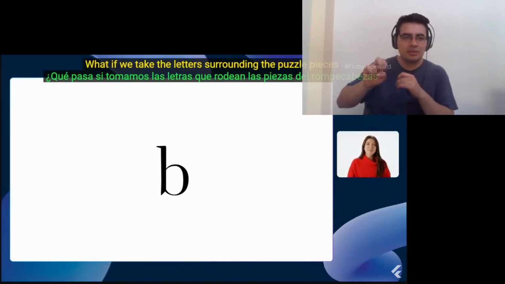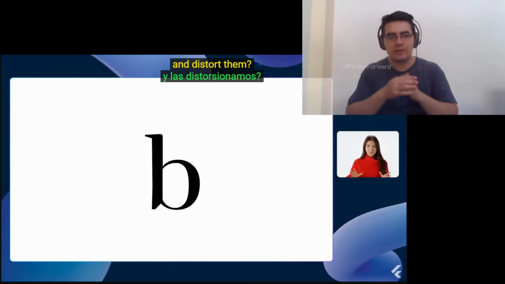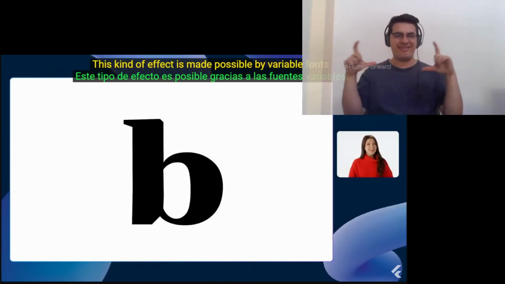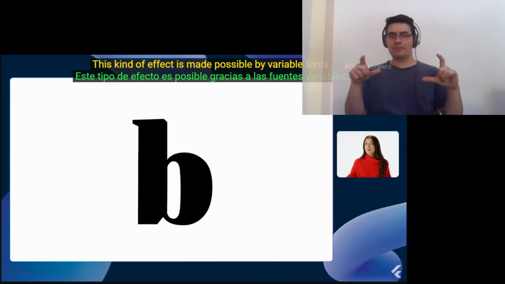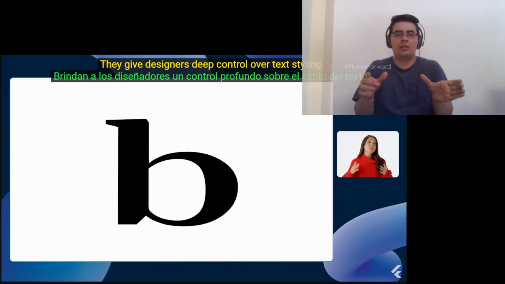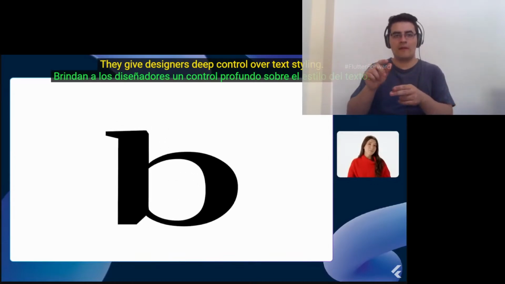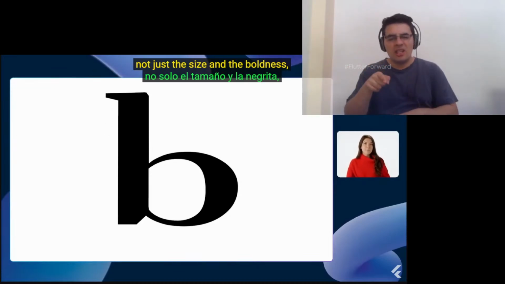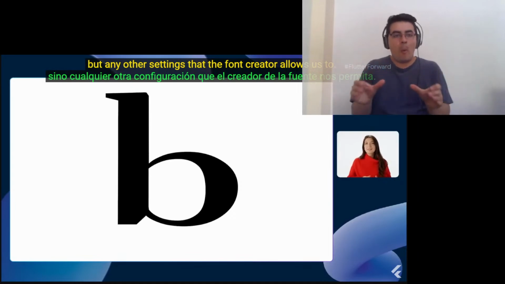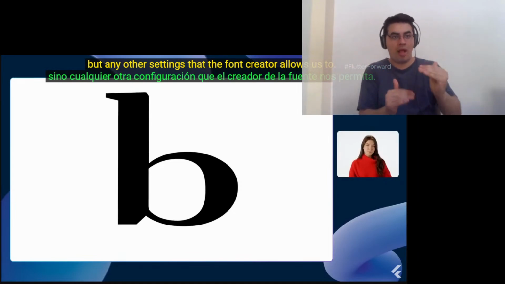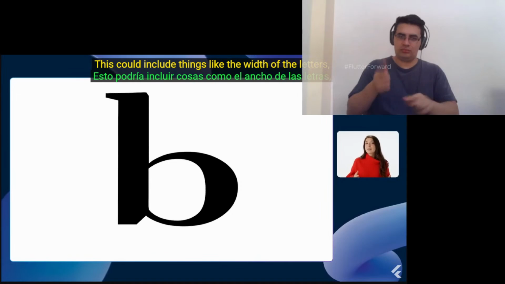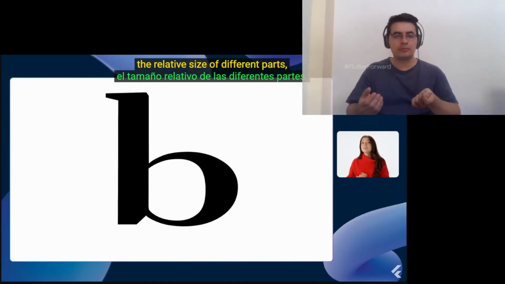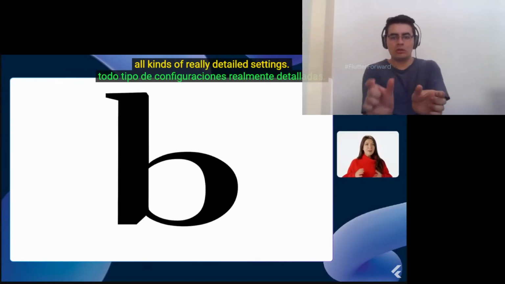What if we take the letters surrounding the puzzle pieces and distort them? This kind of effect is made possible by variable fonts. They give designers deep control over text styling. So with variable fonts, we can control not just the size and the boldness, but any other settings that the font creator allows us to. This could include things like the width of the letters, the relative size of different parts, all kinds of really